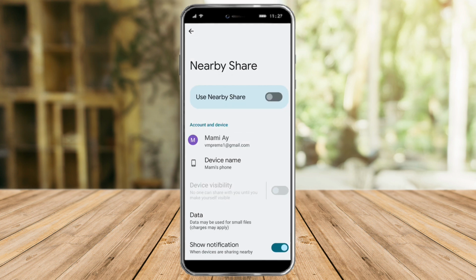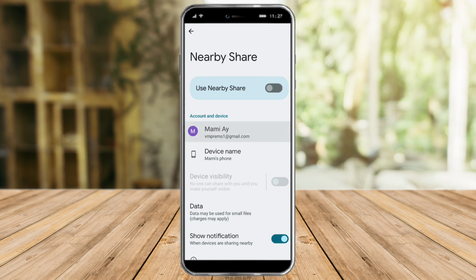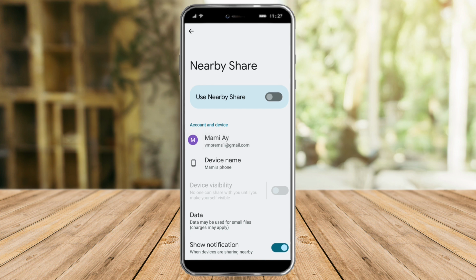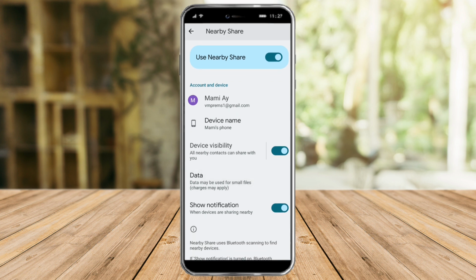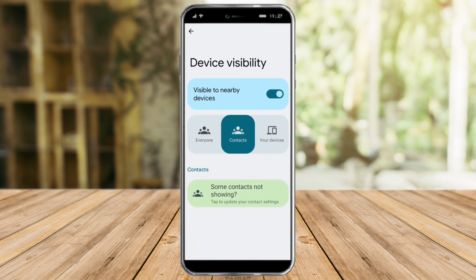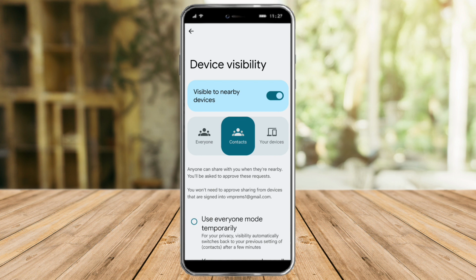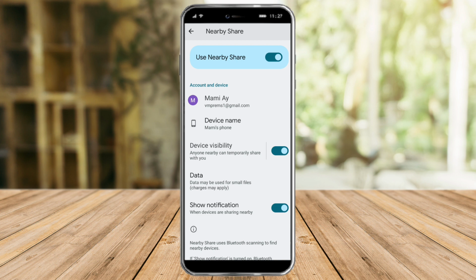Just click on it and you can see here that our nearby share is not on, so let's turn it on. And also make sure that your device visibility is on and it is available to everyone or your devices or your contacts, depending on what you need. So that is for everyone to see you, and